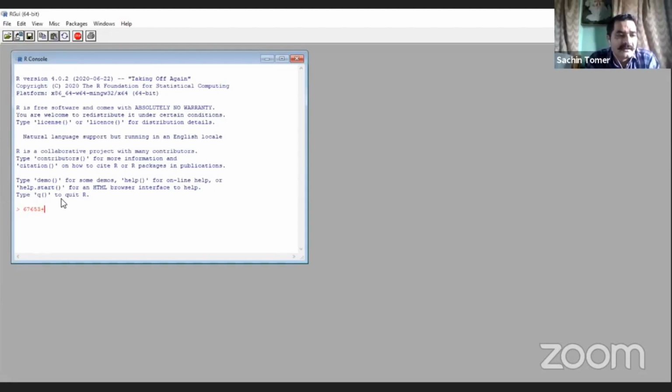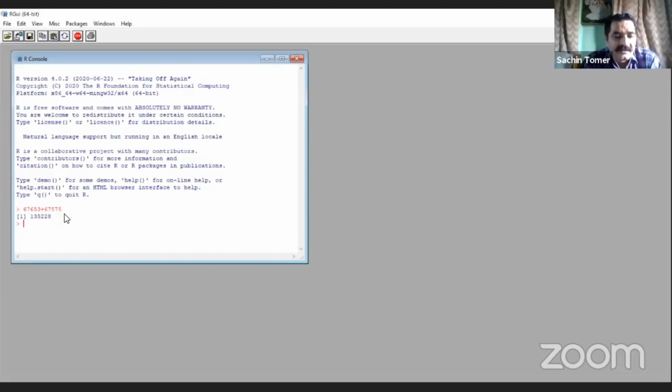The plus sign is used to add the values. After writing it in the console window, press enter.